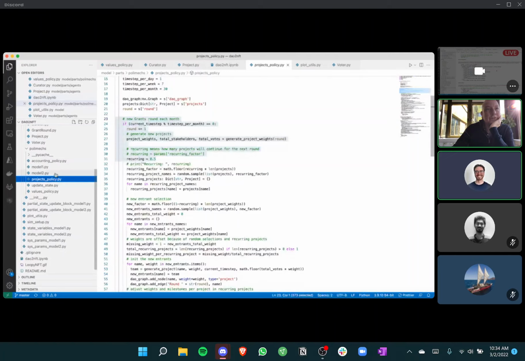Yeah, so you could add some logic to the curator function that looks at the weights of the projects or team members and then has this feedback loop to the curation decision. Yeah, basically, really cool. We're already doing that because at each point in time,